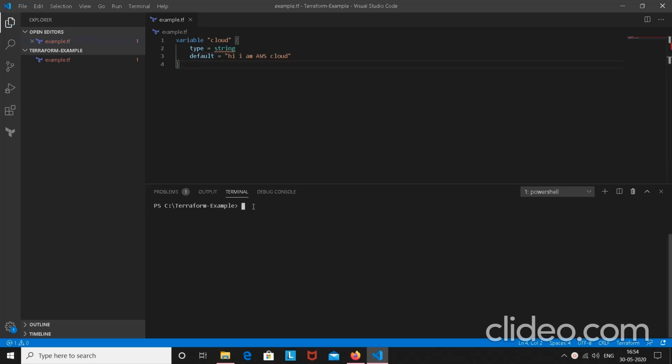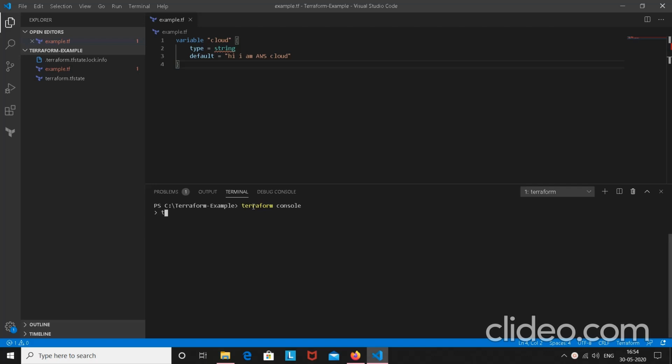The next step is how to invoke this variable. For that there is a command called terraform console. Before that, remember that whenever you try to call a variable, you have to be inside the Terraform console. In the console you can run all the HCL commands.